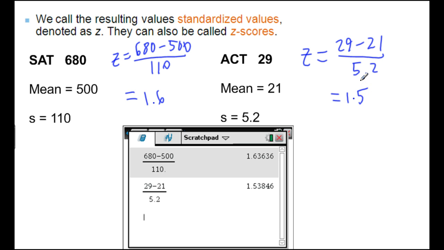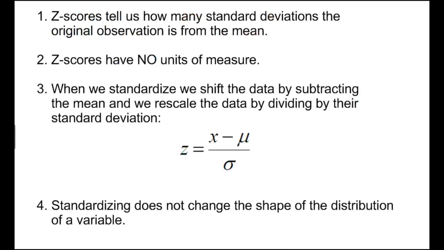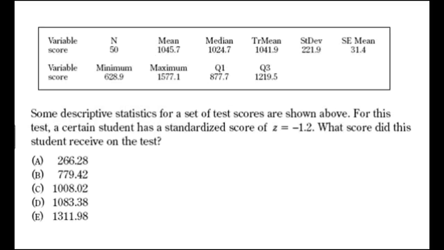And so you can see that this is the better score relative to the mean. We standardized the score. We can compare two different scales and figure out which one actually was better. And so we can say for sure this is the one she should turn into her college because it was the better score. Z-scores, that's just a few things about Z-scores if you want to write that down. Does not change the shape. They don't have any units of measure. Those are big important things.